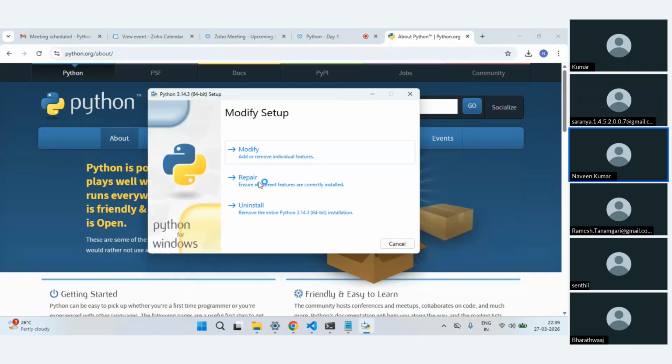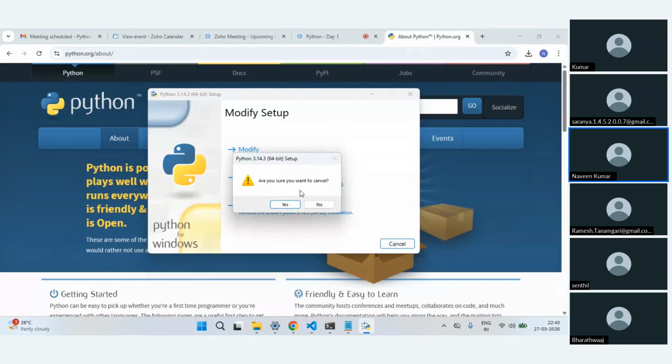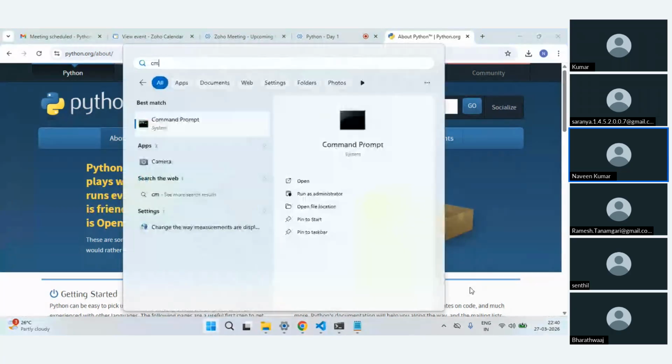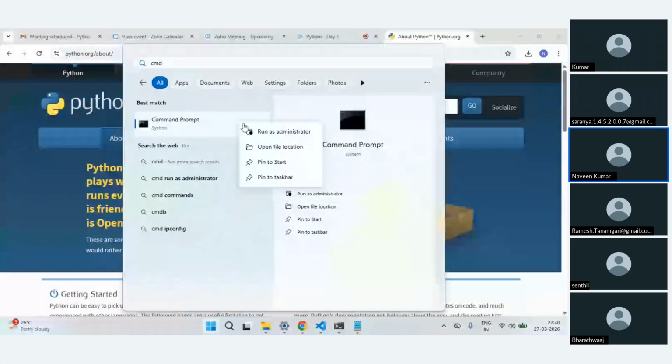And if I open it, since I already have it installed, I'm getting this option. But if not, you will see an option. It's pretty straightforward. Installation is very straightforward, so it's not very complex. Okay, so I'll not go with that since I already have it installed. But how can you verify once the installation is done, right?